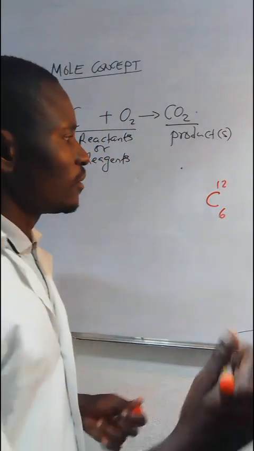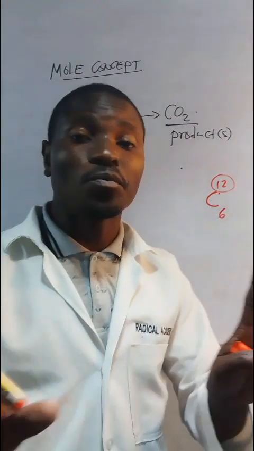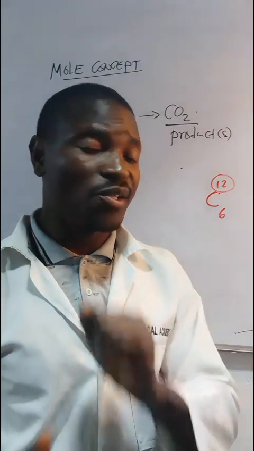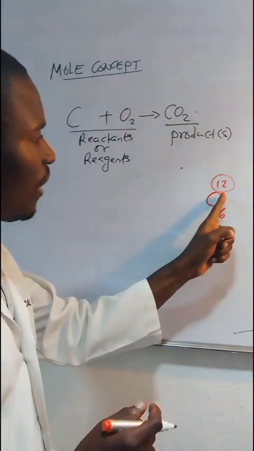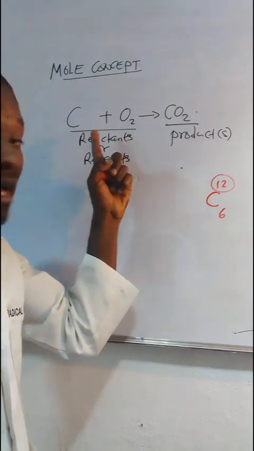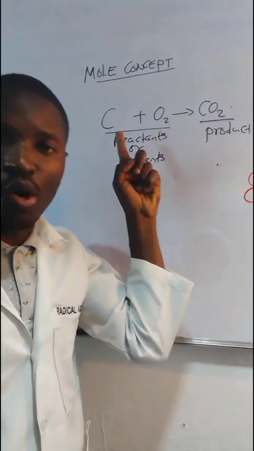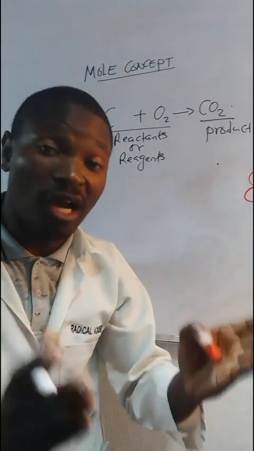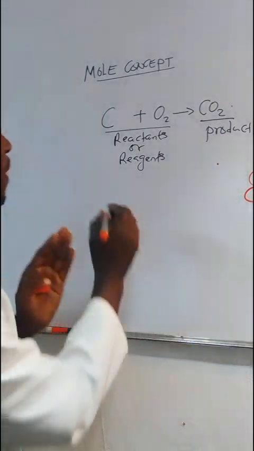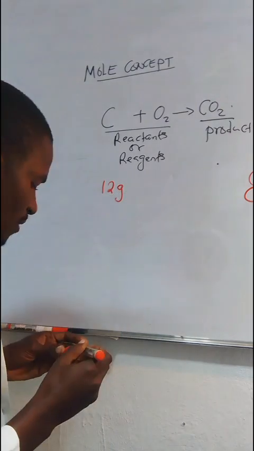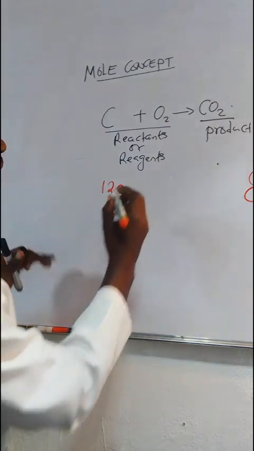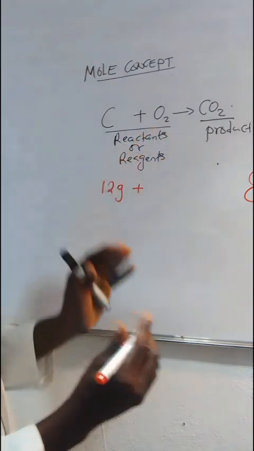Now, this number is actually simply the mass of this carbon, the average mass of the carbon. So what are you supposed to do now? Since this is mass, it means I only have one atom of carbon reacting, or actually participating, in this equation. So what this means is that I have 12 grams reacting with